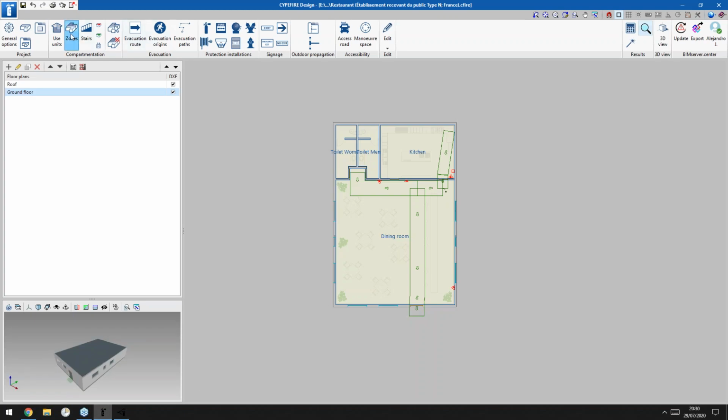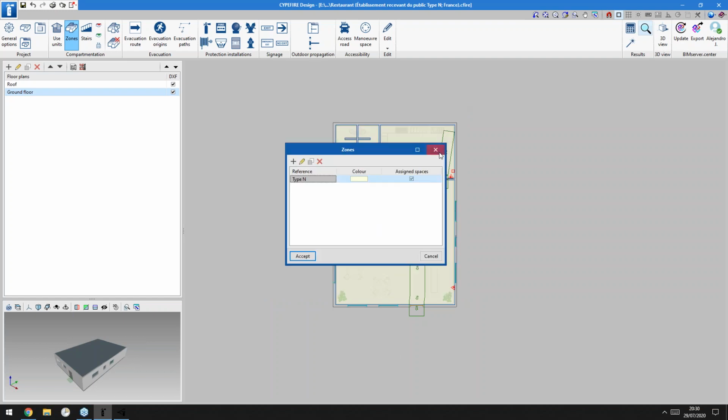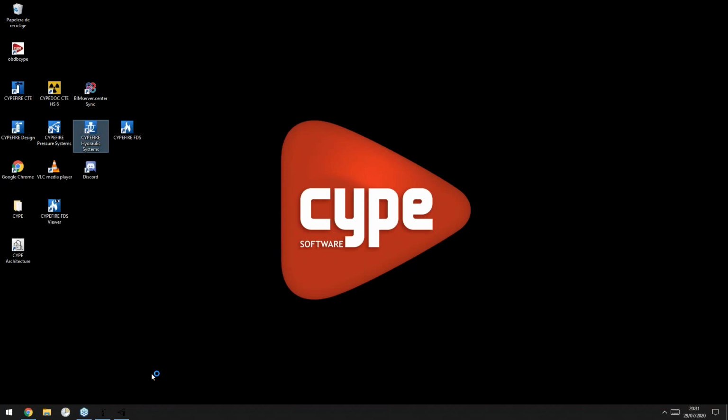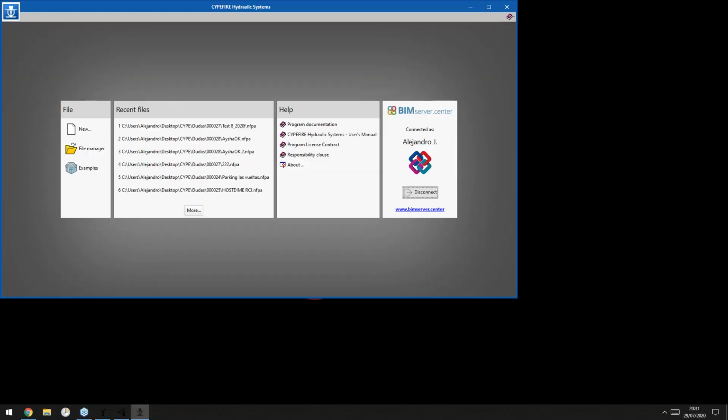As I told before, now we are going to go into this automatic fire extinguishing installation. Once we have introduced this check, all the spaces inside that are in this zone are going to be needed as sprinkler installation. So we will have to open SciFiFIRE Your Systems. As SciFiFIRE Design,